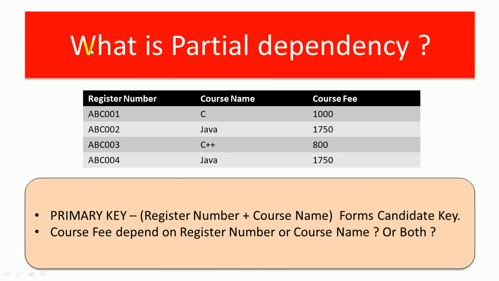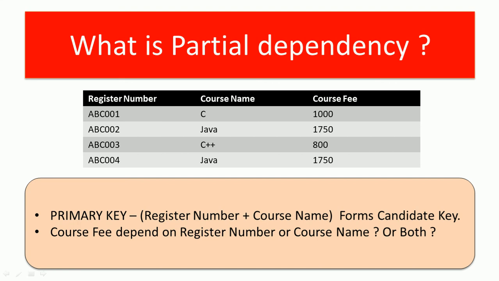So register number alone cannot be a primary key. Let us change this concept to course name. Can course name be the primary key? No, because if I try to get the register number of a student whose course is Java, it is not possible, because under the name of Java we have two values here. So the course name column cannot uniquely identify all the records of this table, and it cannot act as a primary key alone. So the only solution is that the combination of register number and course name can be formed into a primary key. This is called a candidate key.